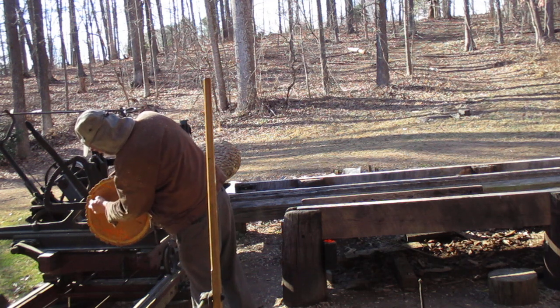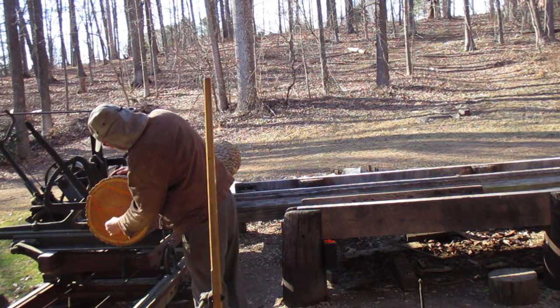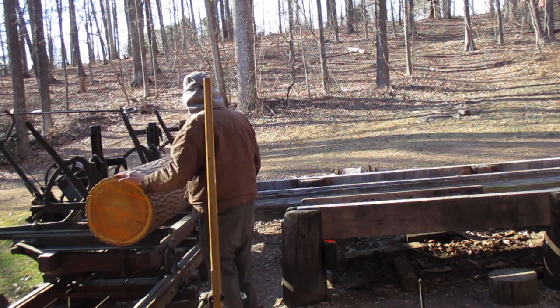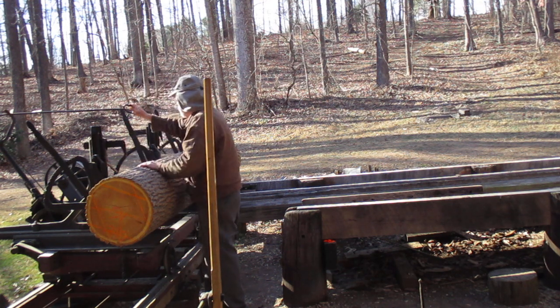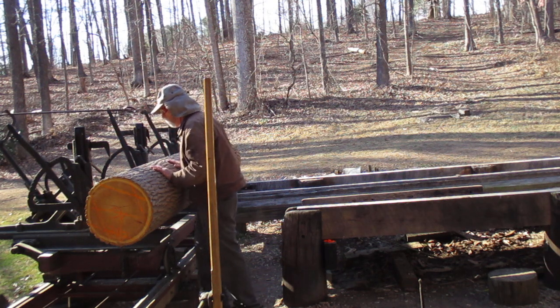There's a big fracture here. So if I saw those logs off, they're all going to have a fracture and be junk. So I gotta cut it here and here, so I can't let it sit exactly where it wants to sit. But I also don't have it back as far as it needs to go, so I got to rotate the log a little bit better. So we're gonna rotate this, roll it in,